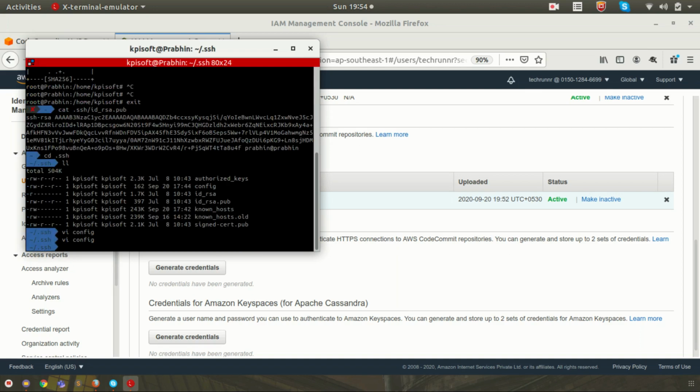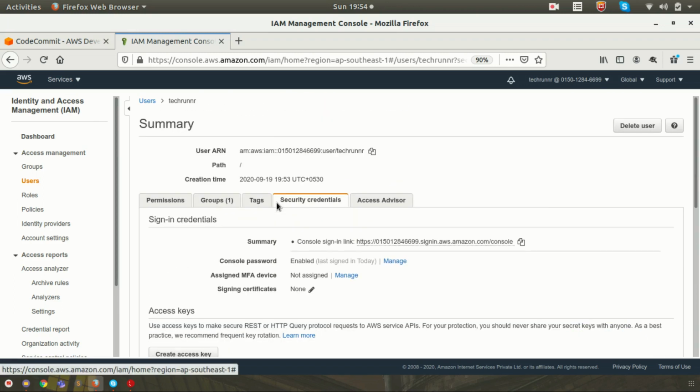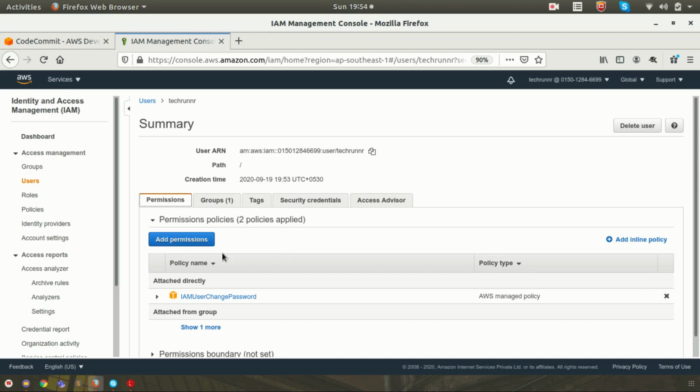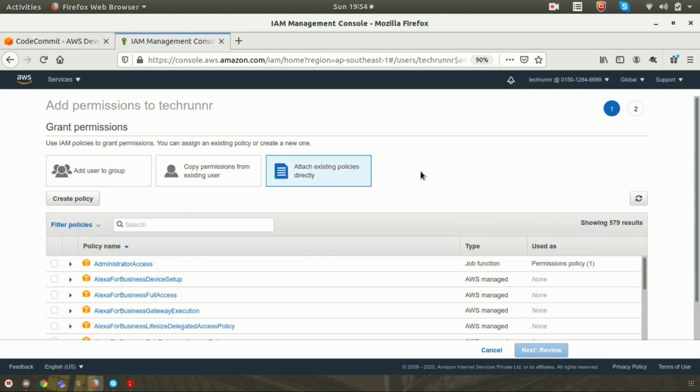Once you have done with this, you have to attach a policy for the IAM user in order to have access to the CodeCommit repository. So select the user, click on permissions, click on add permission and attach an existing policy. By default, AWS has created a few policies related to AWS CodeCommit, which have full access, power user, and read-only access.